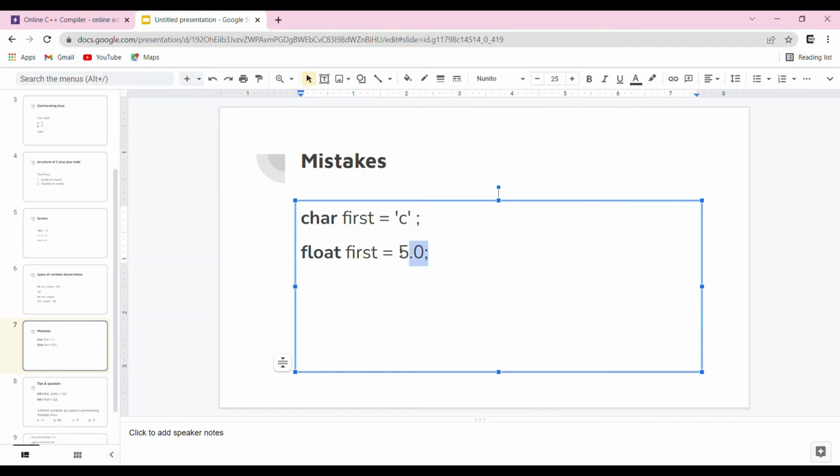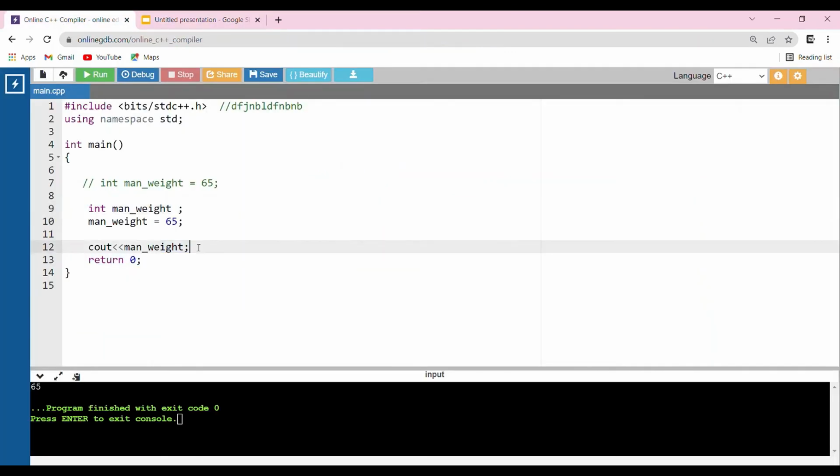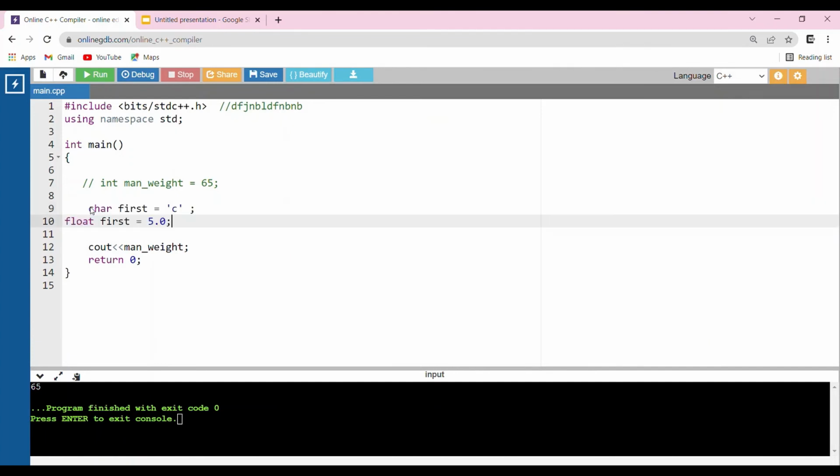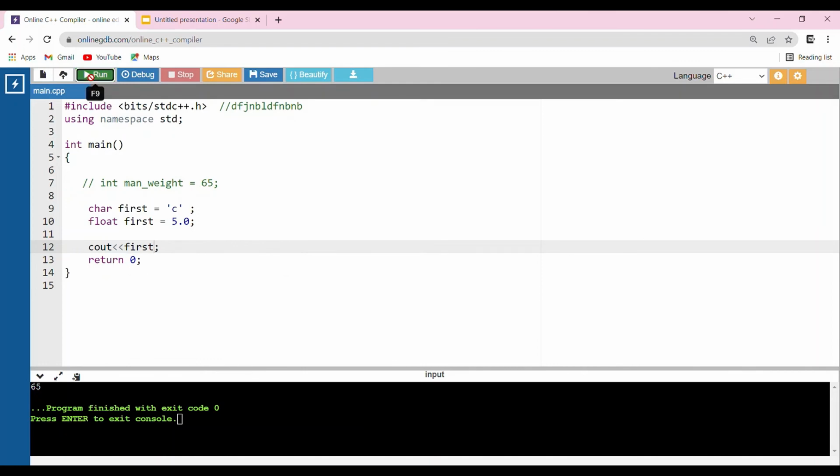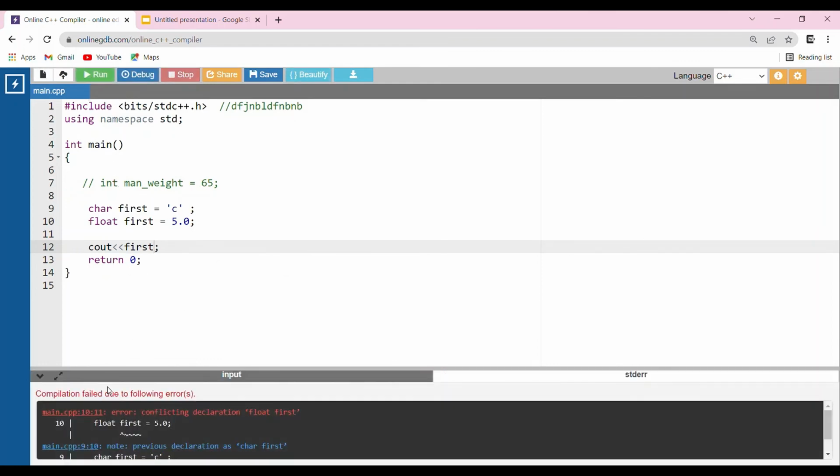So this should not be done. What will happen if we do like this? Let's try in the compiler. We need not erase this because this is a comment. It won't be taken by the compiler. Compiler won't touch that line. Okay, let's run this. See guys, an error occurred because one variable should be used only one time. We should not declare another with the same name in the same body.